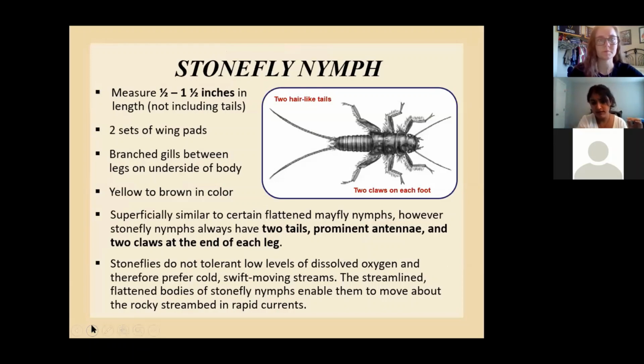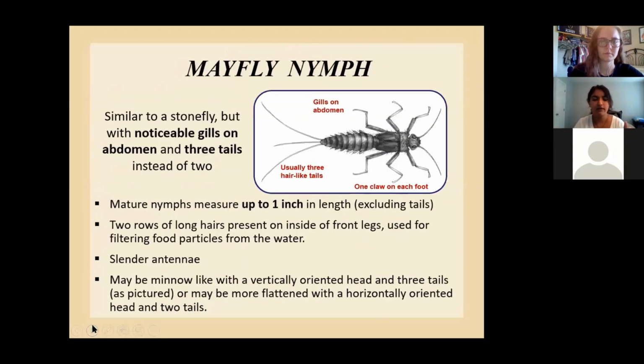Some of the ones in bold are those defining ones that really will help you identify them. We provide these for all of the macros. We identify all three groups. But that's just here in the PowerPoint. I just wanted to make note of that.